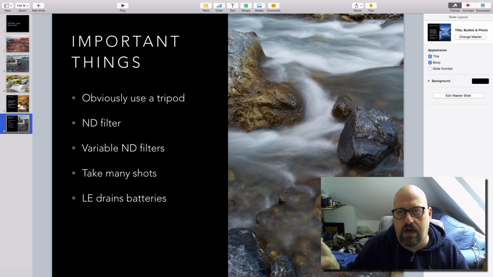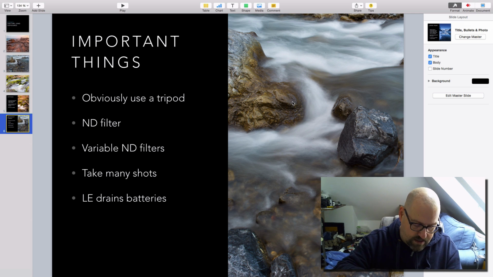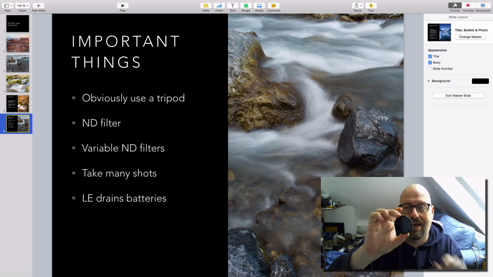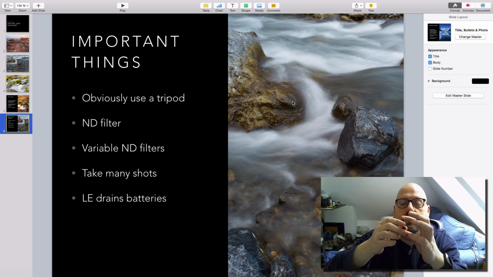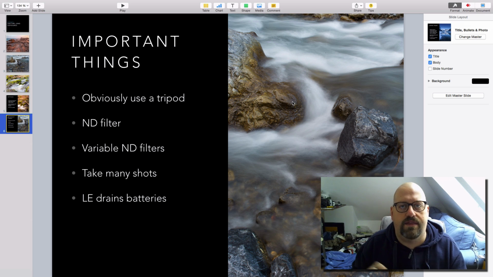Now with digital, it's not so much of a problem because you see that it didn't turn out right. But honestly, you can get ND filters at very decent prices, and ND filters are basically dark glass, optically speaking. Now some engineers out there will tell me, no, it's by far not that simple, but